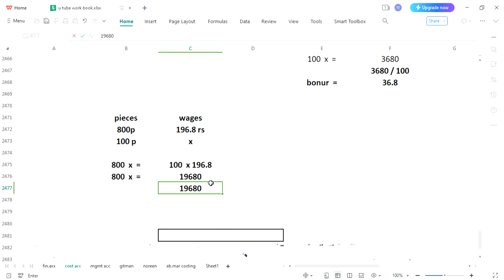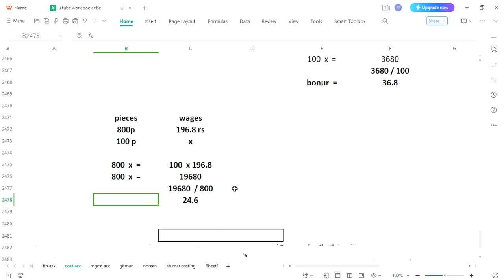To take it over, we have to change the sign. 800 is multiplied over here, so when you take it to the opposite side, it would be divided. 800 statement is completed. Now you can put it on your calculator. So we have got the amount